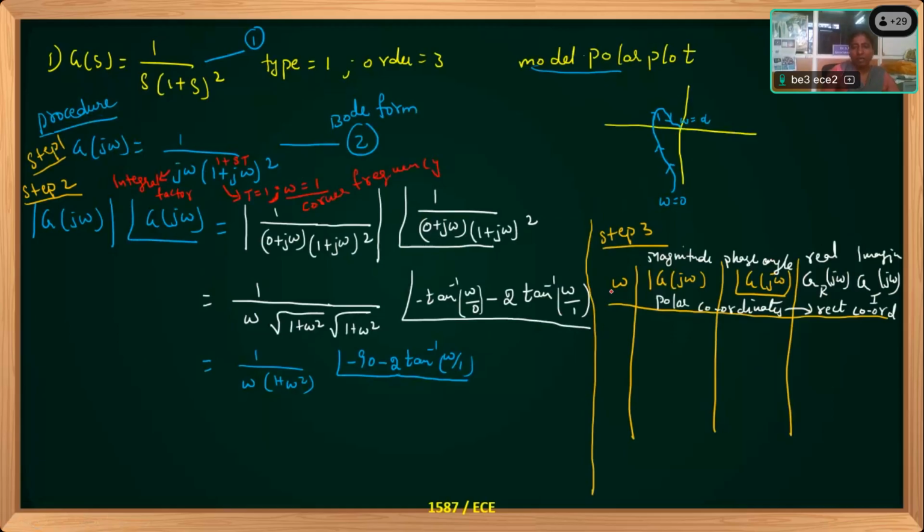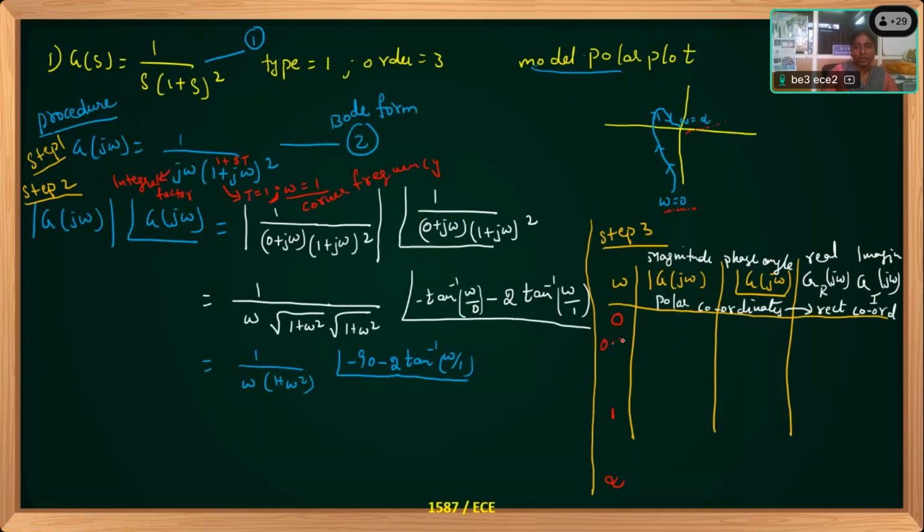So here we have to cover definitely one, because 0 and infinite are there in the polar plot. In the model polar plot I have taken, at the starting point I have written omega 0, and at the ending point omega infinite. So 0 and infinite are compulsory to take in the tabular column. And 1 is the corner frequency, so 1 also I will take. Then between 0 and 1 I will take some 5-6 points.